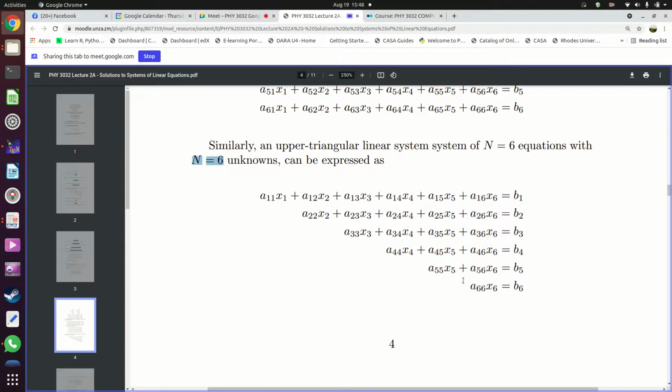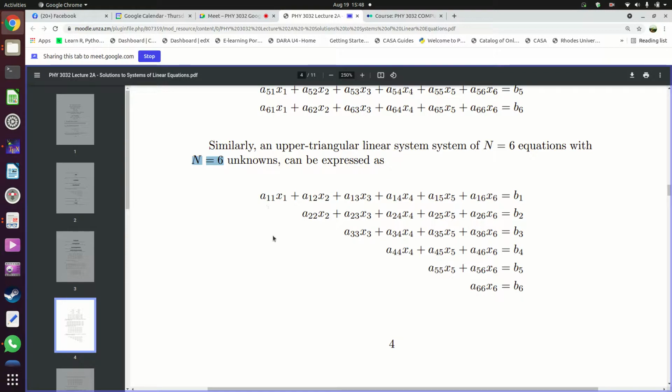Now, you notice that, yes, it looks triangular like this. The reason it looks triangular is because the coefficients, like the one which is supposed to be here, the A21 coefficient, is 0. So 0 times x1 is just 0. That's why there is nothing here. Where it looks like there's a space, it's because the coefficient which is supposed to be there is